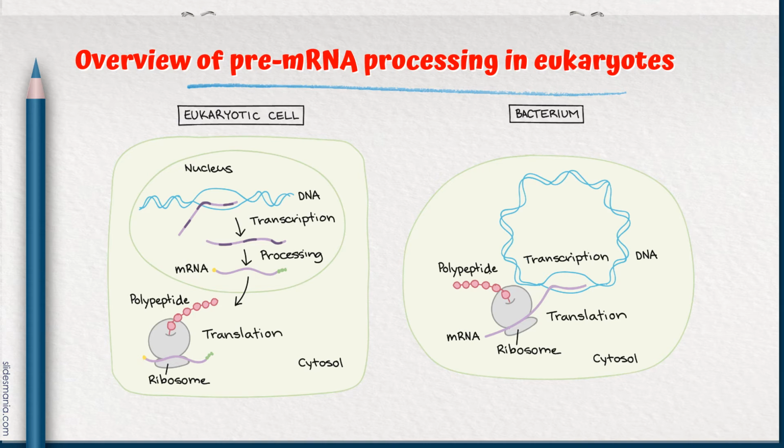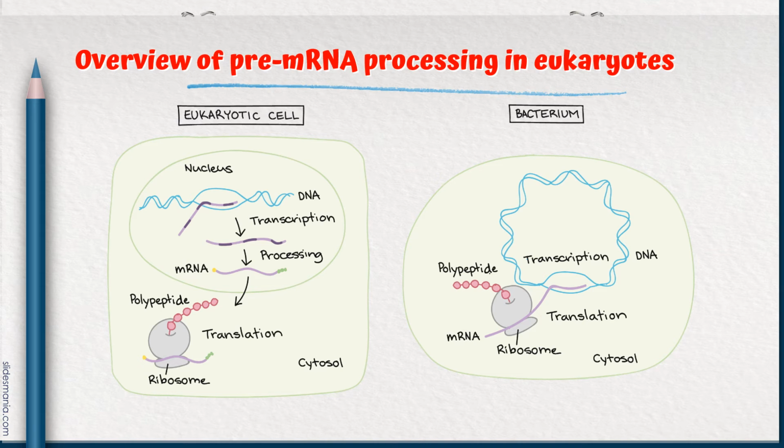While in eukaryotes, things are a little more complex because the molecule that's directly made by transcription in one of our cells is called a pre-mRNA, reflecting that it needs to go through a few more steps to become an actual messenger RNA.